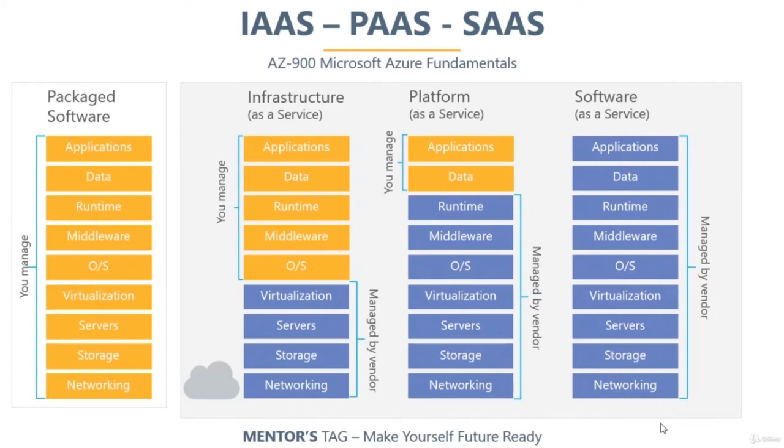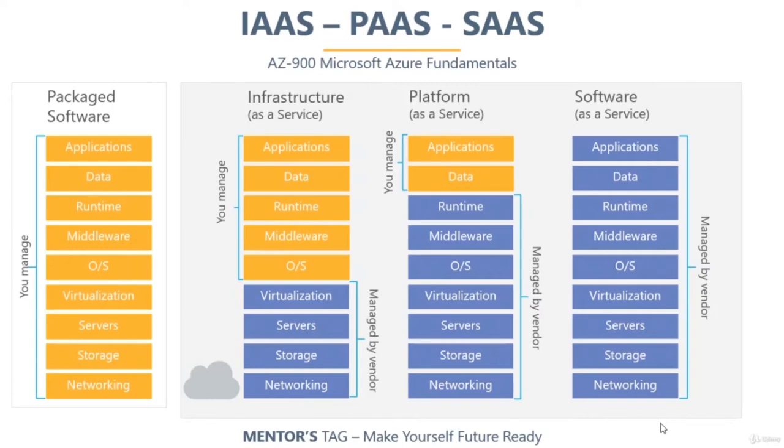Suppose if you are using AWS cloud, we still have the same kind of flavors in that also, but in that case that will be taken care of by Amazon. Same way we have the third and the most expensive part, which is infrastructure as a service, and this part is the one which is giving you maximum control because it's giving you full control on 5 layers. Starting from application to operating system, you can control everything, including the middleware and the runtime which is running in that. Still, you can customize virtualizations and servers and all this, but it is still controlled by the vendor who's providing this cloud.